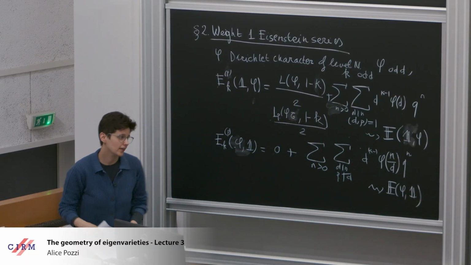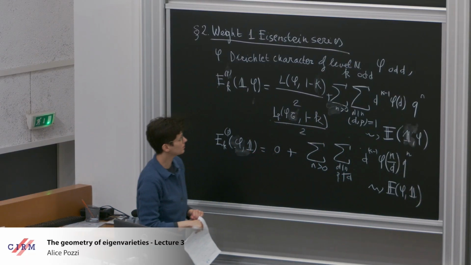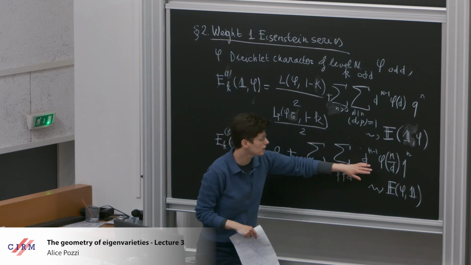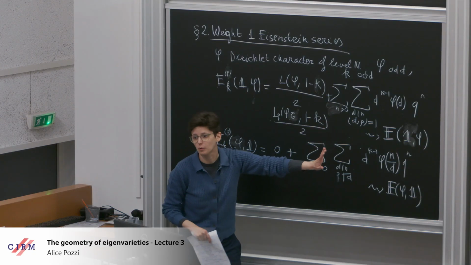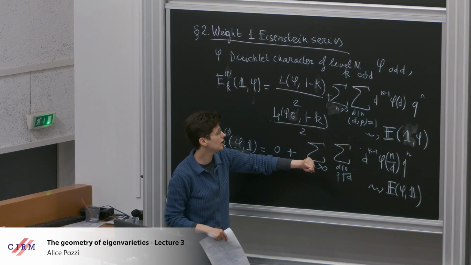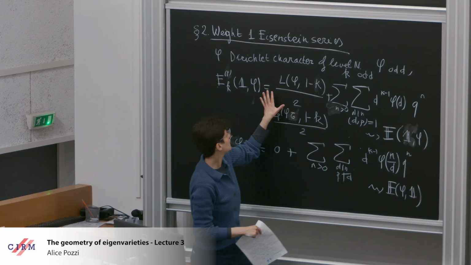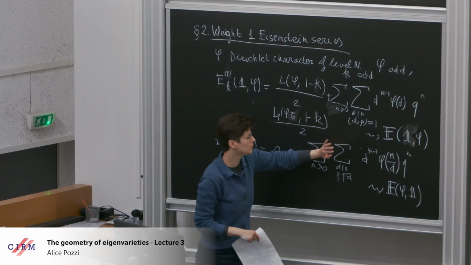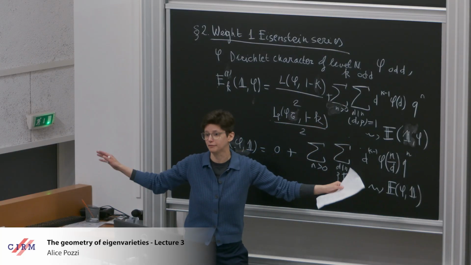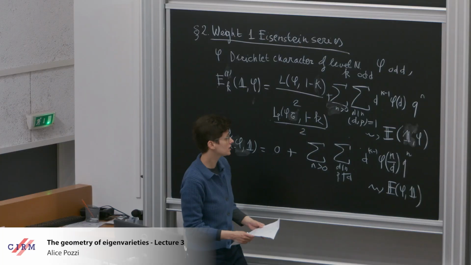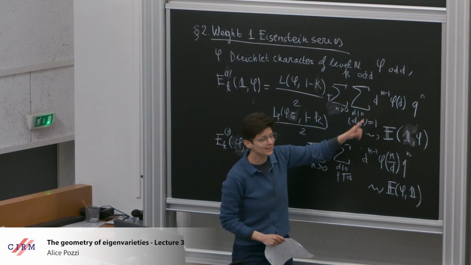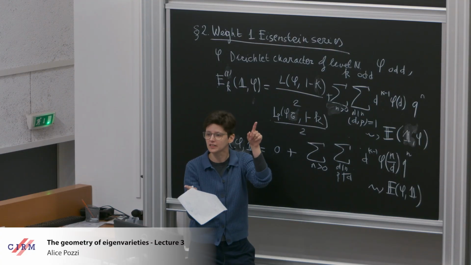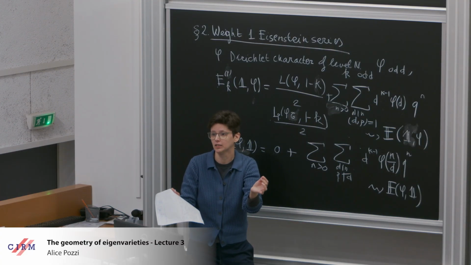So the interesting point that I want to make about these two families is that for weights greater than 1, the classical Eisenstein series, before I remove p, are genuinely different. But it turns out that if you look at the case of weight 1, the two classical Eisenstein series literally coincide.